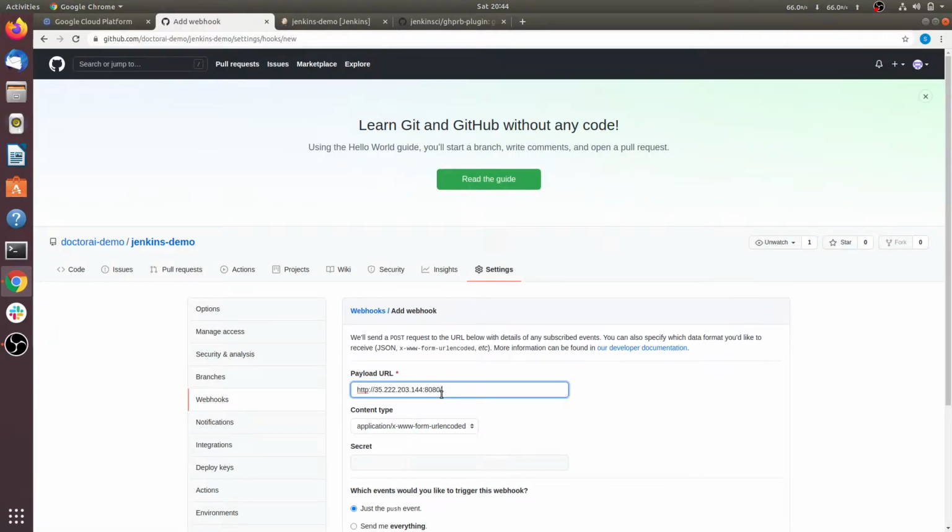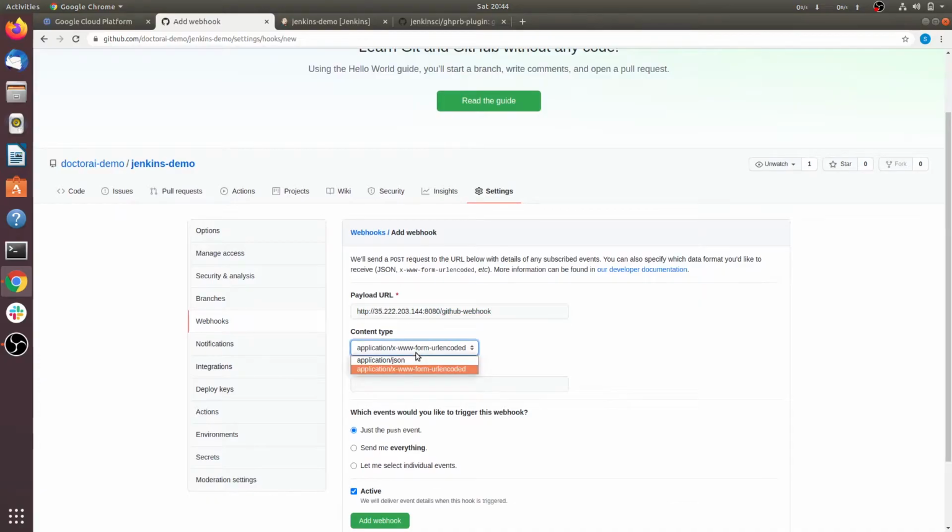After the last slash, you have to put github-webhook. Select content type application/json.